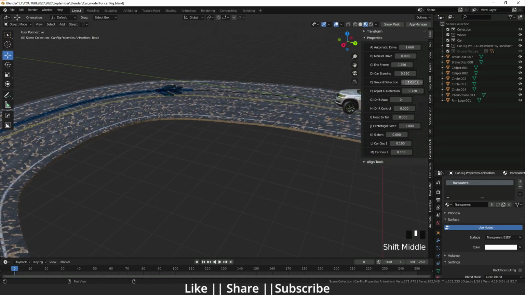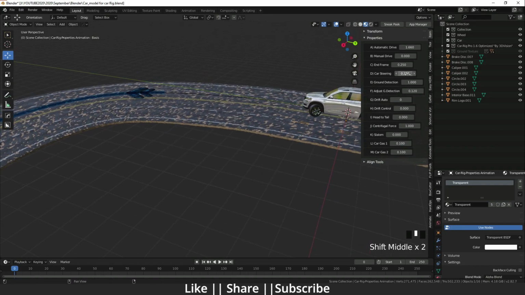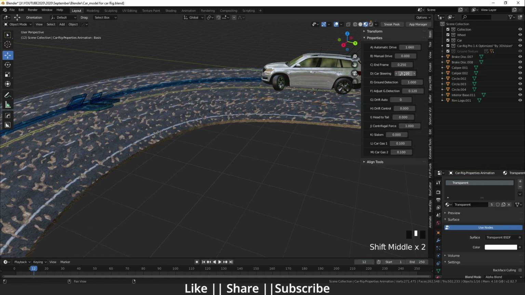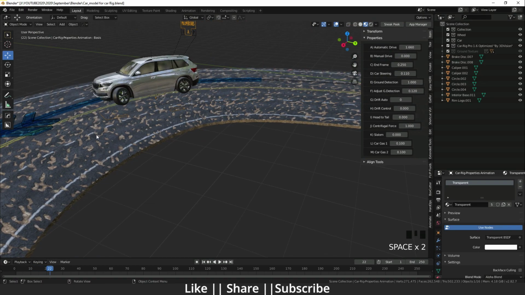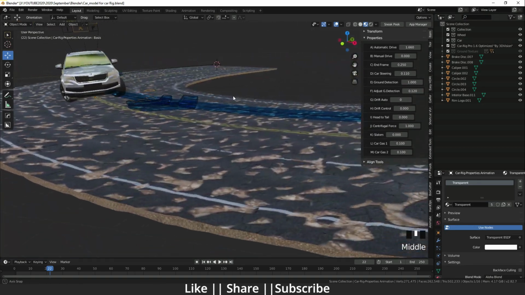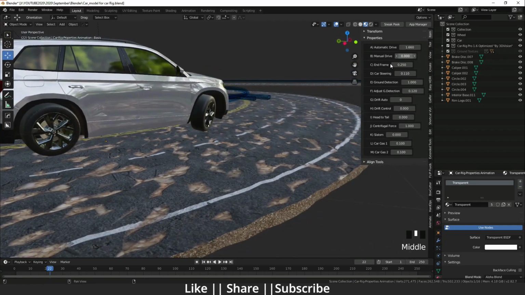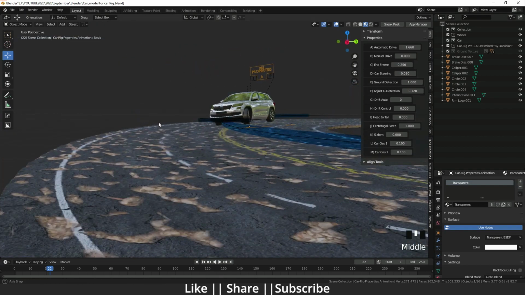So we have to set it according to our turns. I'm just going to decrease it. Now it's showing too much, so we can decrease it from here, yeah. Now you can see it comes into the turn, so this tire is also turning and it's looking very nice. We can decrease the steering value as well. I think that is fine, that is looking perfect.